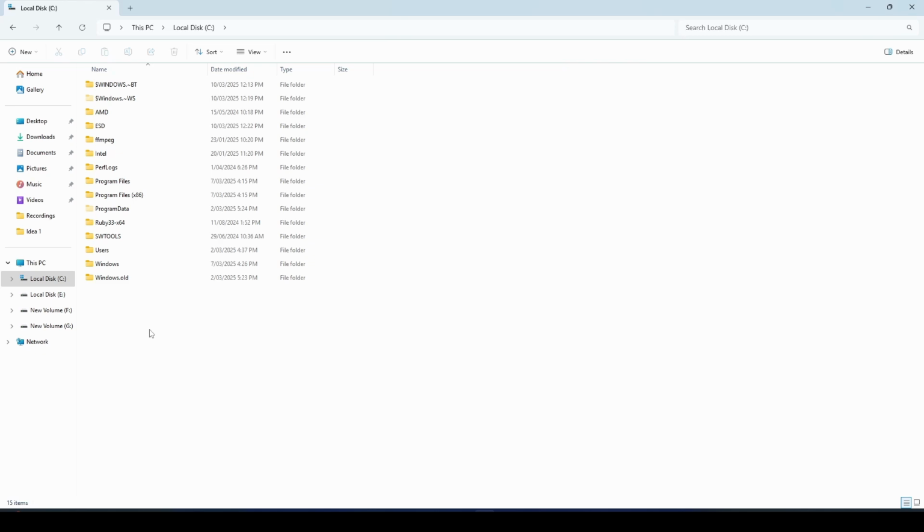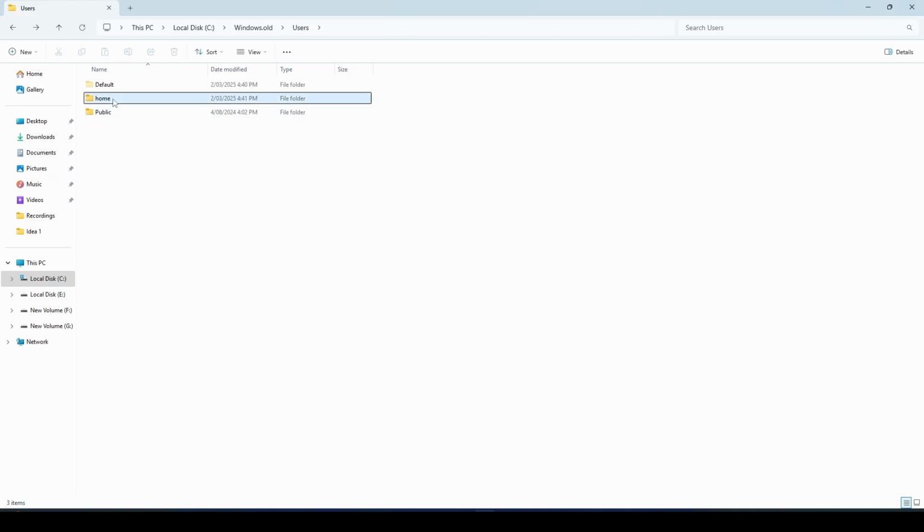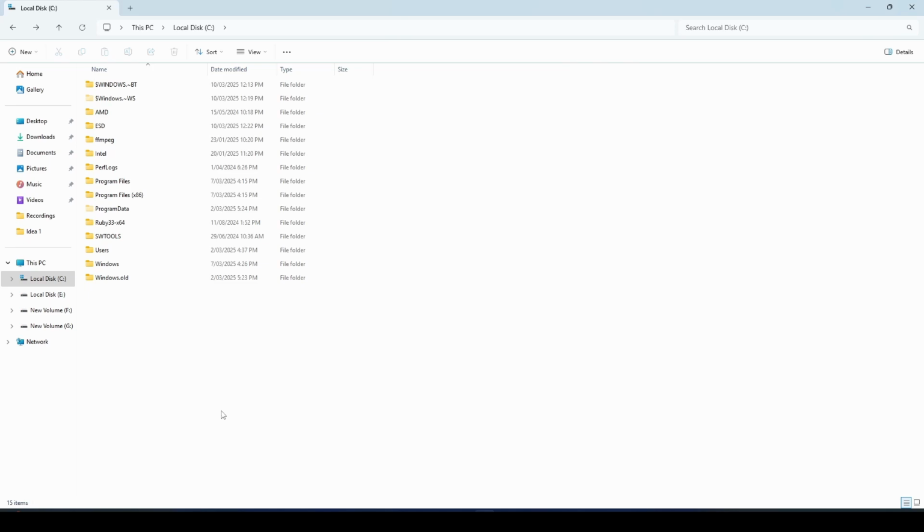So the best option to clean this folder is not to delete it. And even if you want to delete this folder, just go to your user folder and make sure you don't have any personal files in that. And to delete this folder, what you can do is search for storage settings,